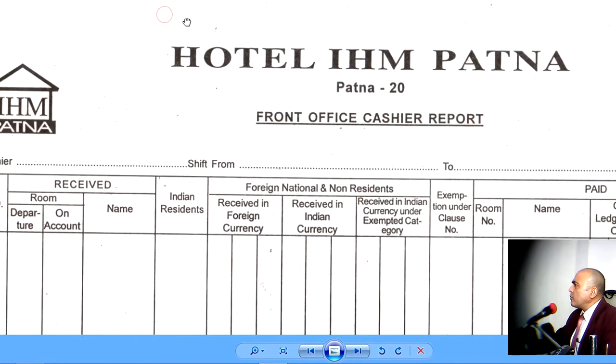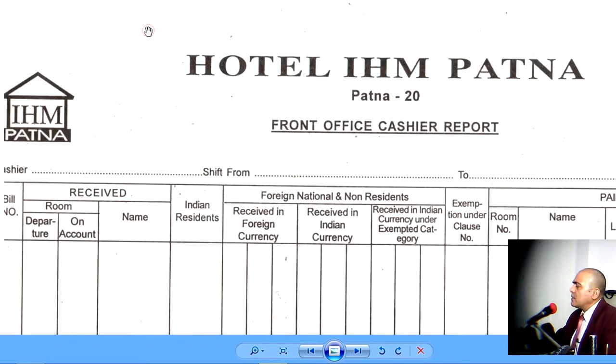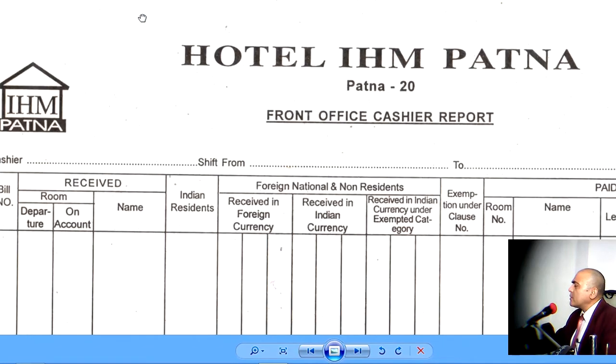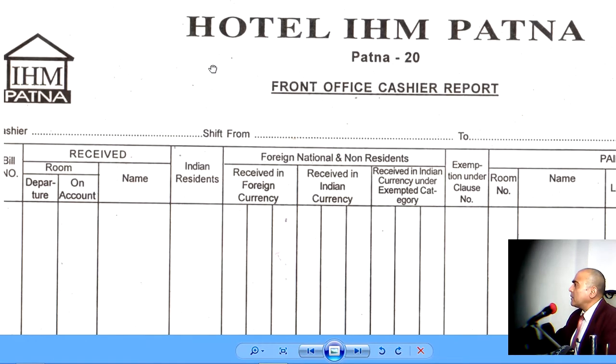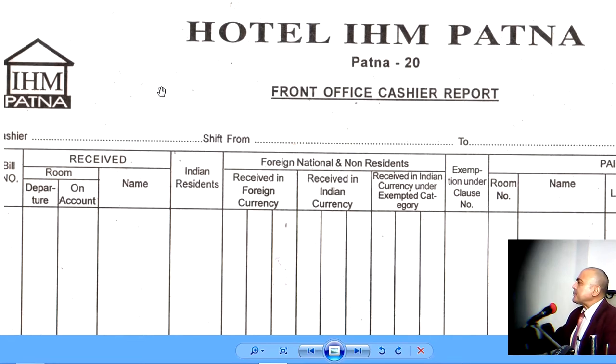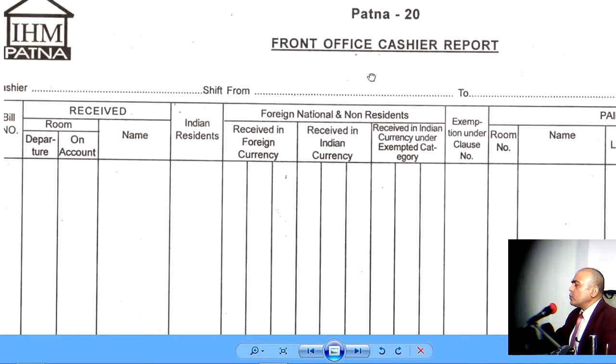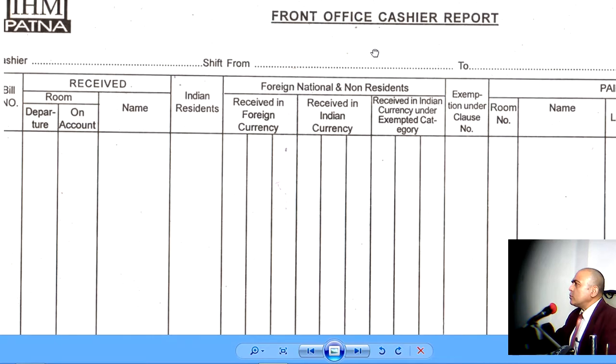This is a very old format of our college, which is now in Hajipur. So these forms are quite old, but the concepts I think are accurate and perfect. First of all, let me show you how to interpret this complex looking document. With the help of a pen, I would like to demarcate the three important areas of this document.